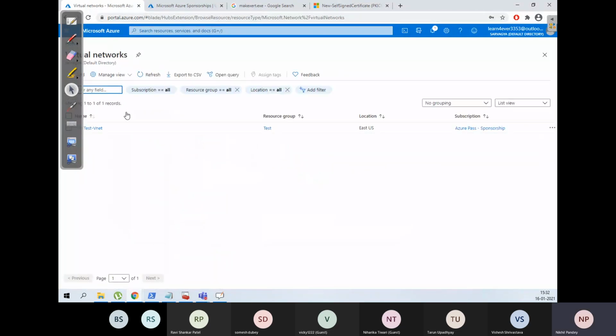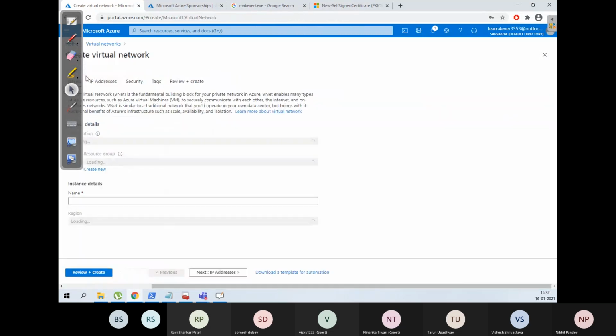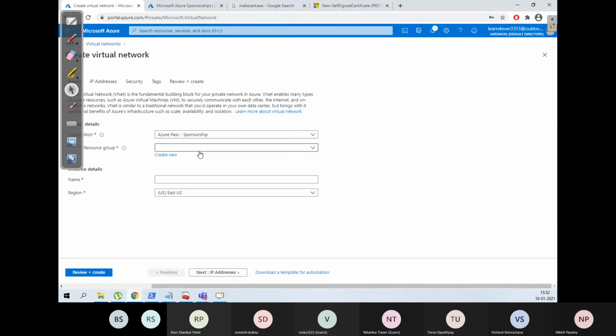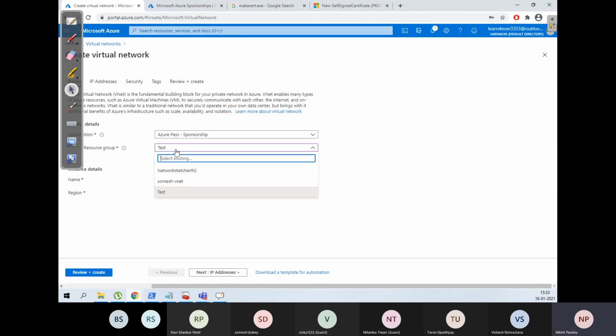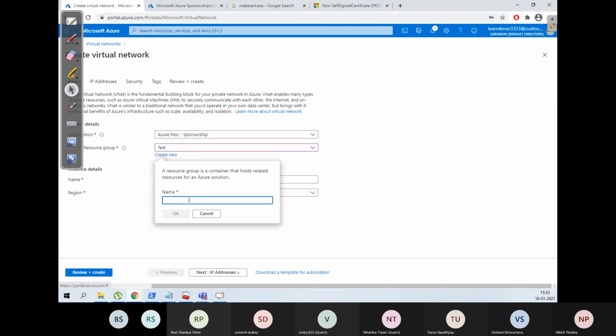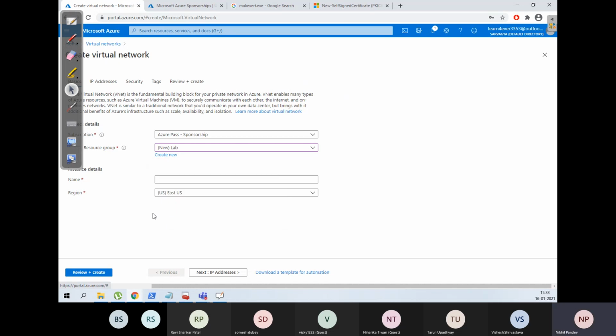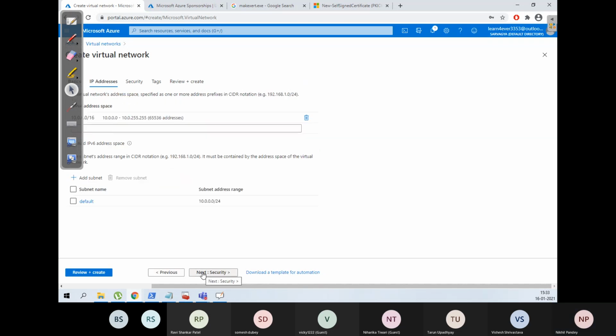So we came to virtual network. We added one. Just a sec. Okay, I created a new resource group named lab, and the vnet is lab vnet. Next,